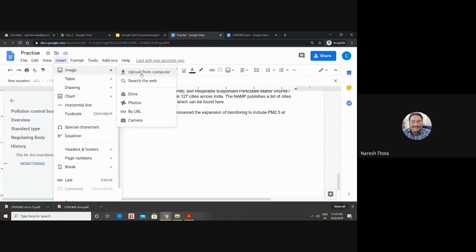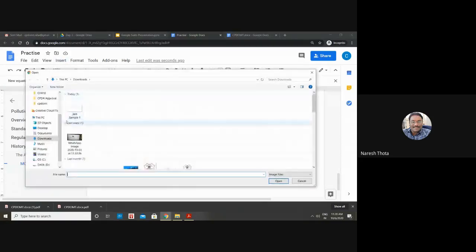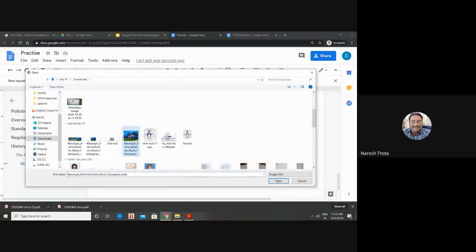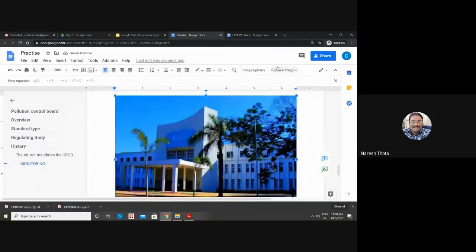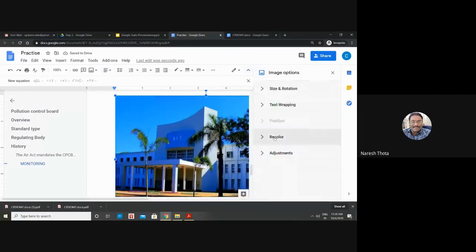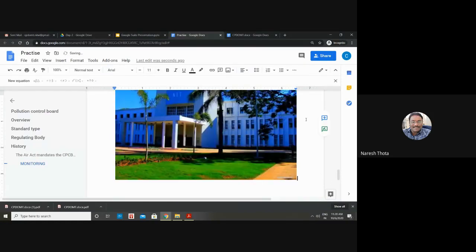I think most of you, when you click, what will happen? It will go to one of the folders where you can actually pick an image from your drive itself. So it will come up something like this. Once you have it, you have some image options where you can rotate or reduce color. All those options will come, and you can crop the image based on your necessity, something like this. So it will display like this.